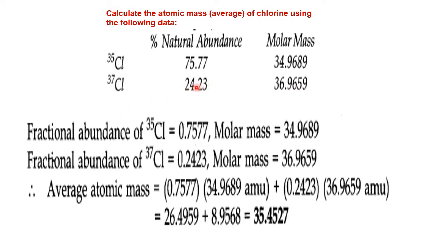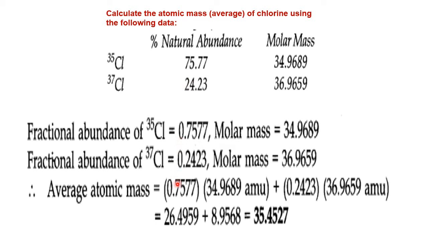We have seen on the modern periodic table, atomic masses are not in whole numbers, they are in fractions. It is because most of the elements occur in isotopic forms, and in what percentage they occur in nature, that is also taken care of. That data is given by analytical chemistry. So using that data, that is the percentage availability of that isotopic form of that element in nature is taken care of along with the molar mass. So when we take the average, naturally we get the atomic mass in fraction.